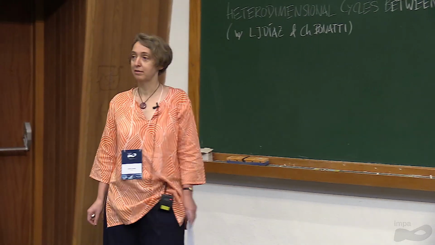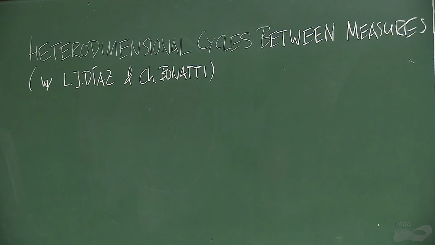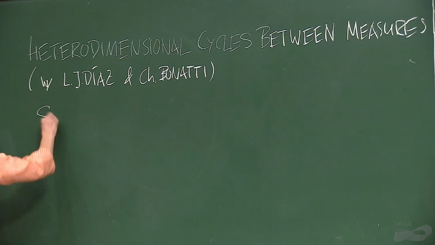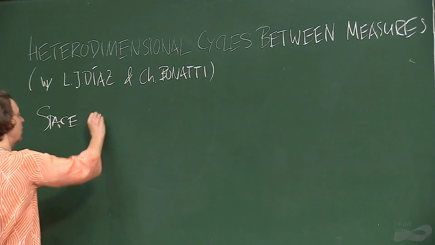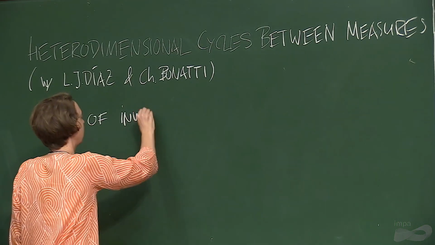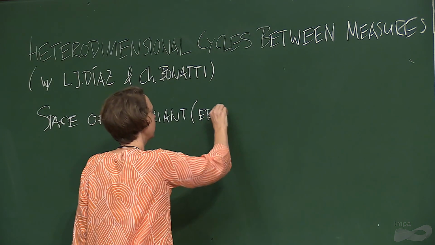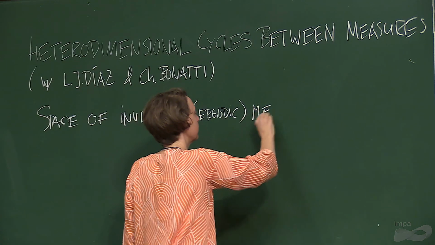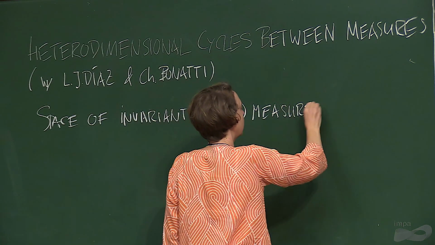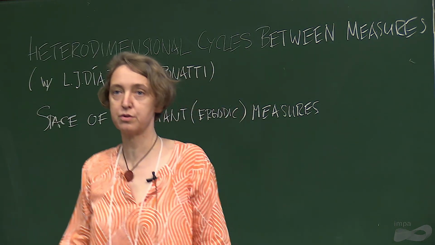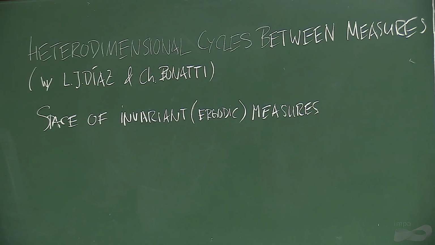I am talking about my current playground, trying to understand the space of invariant measures. In my talk there do appear invariant measures, but most of the time there will be ergodic measures only. And the reason is precisely to understand the interplay, how ergodic measures spread in the space of the convex closure of the invariant measures. And in particular, we would like to understand the space of invariant measures beyond the hyperbolic setting. So in my talk today, I will mainly talk about